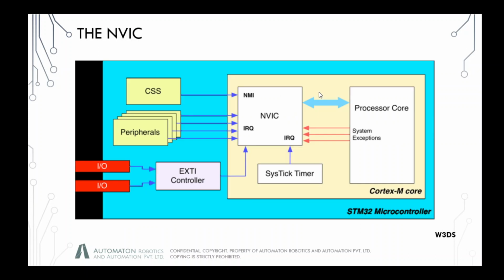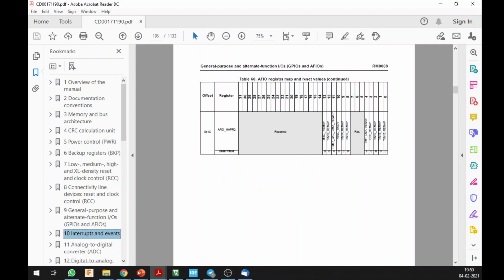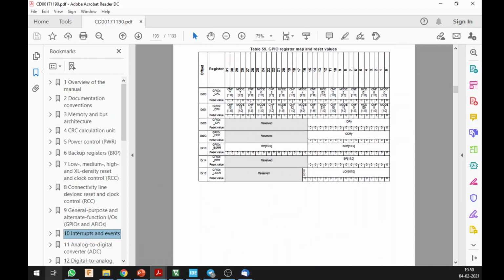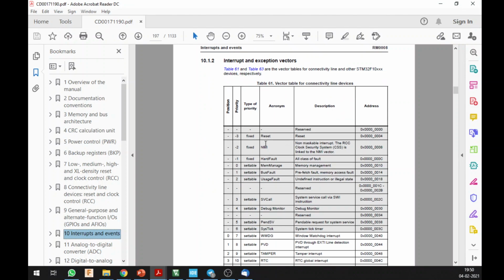When we talk about the nested vector interrupt controller, you can see its block diagram on my screen. It is a dedicated hardware unit inside your Cortex-M microcontroller, and just to prove that, I have the data sheet open in front of me, which lists the nested vector interrupt controller.